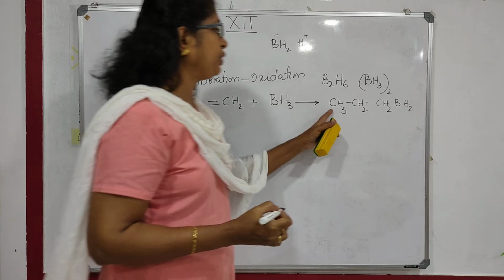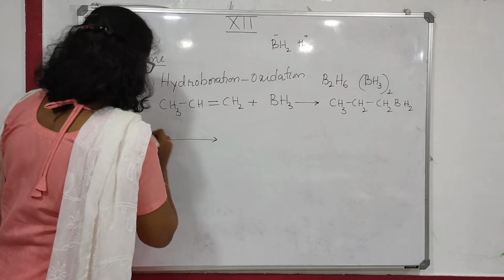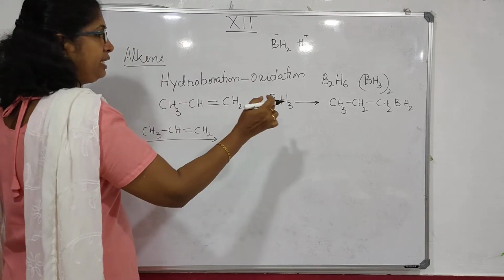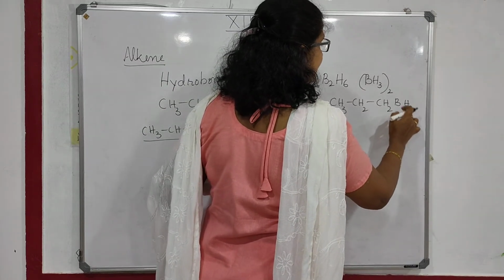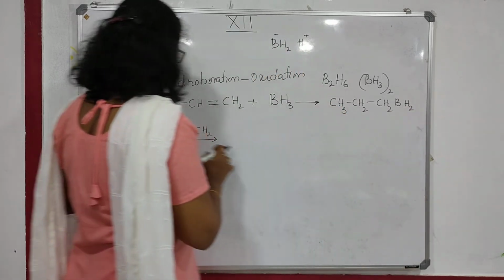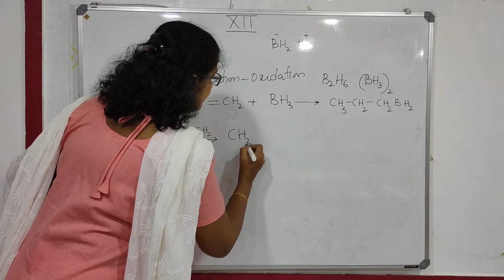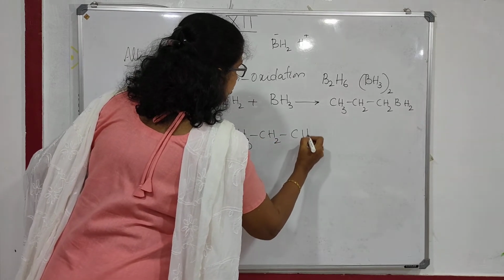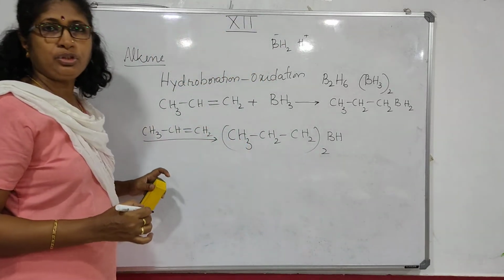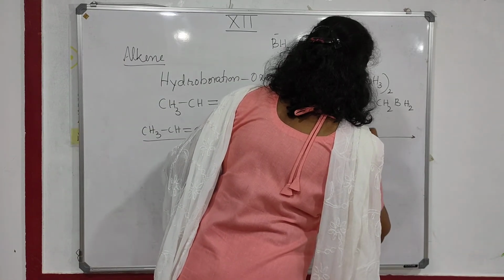Now this molecule can become an addendum. It can add to the next alkene molecule, that is propene, CH3CH=CH2. Again the CH3CH2BH minus and H plus. So this CH3CH2BH will be added to this carbon atom and hydrogen to this carbon atom. So what you get is (CH3CH2CH2)2BH. This you will get. Then again one more molecule of propene can be added.